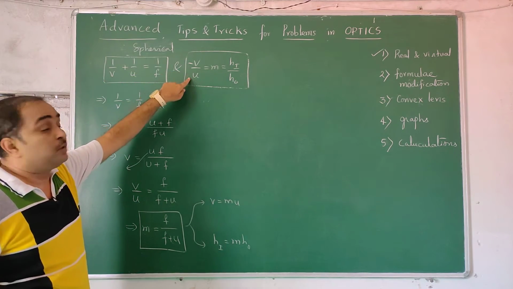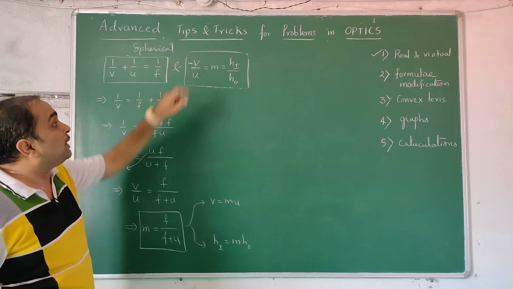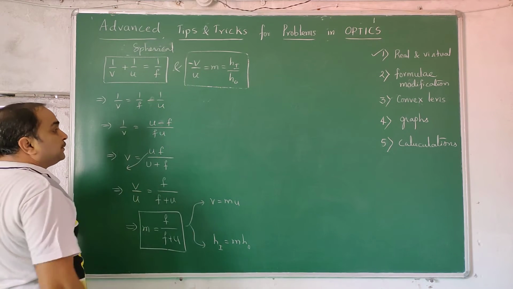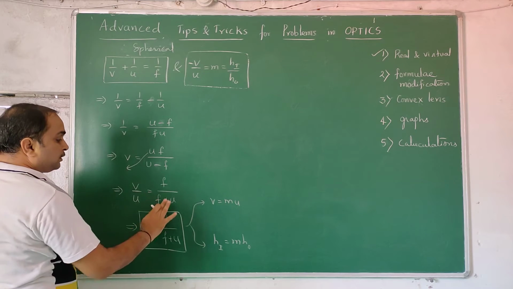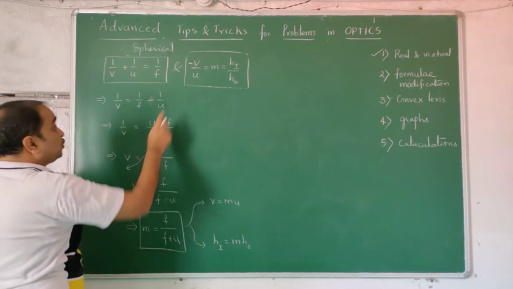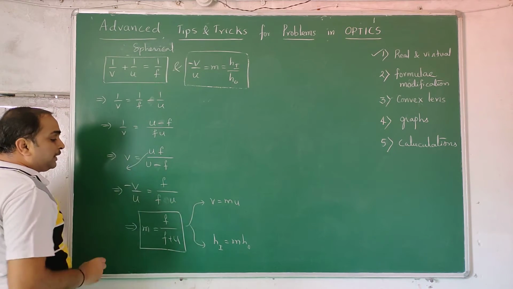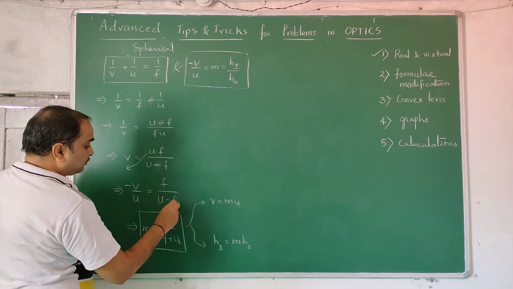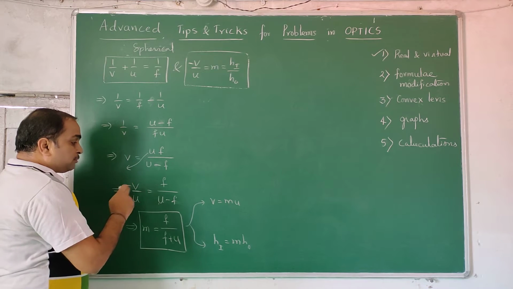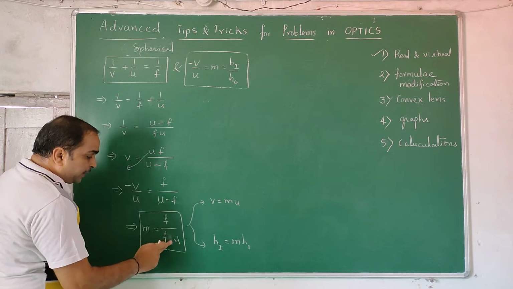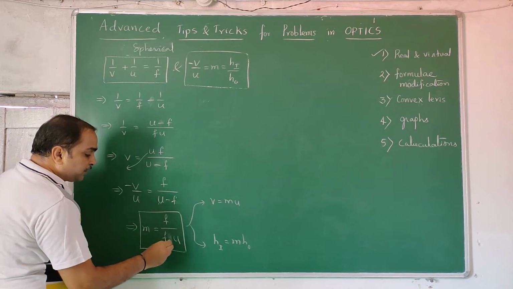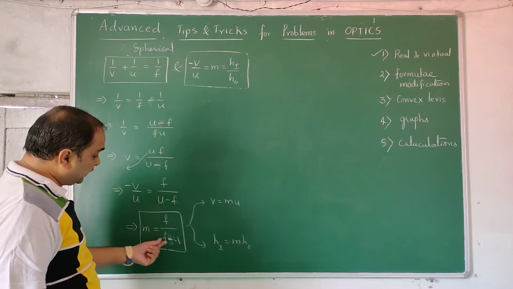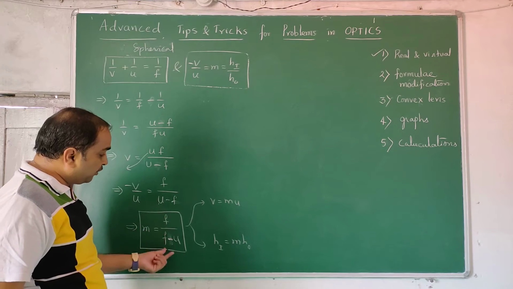Here we get v by u, and in that formula for lenses, we get minus. So if you have plus, this goes to that side and becomes minus, this becomes minus. So v by u, you put minus here and minus here. So u minus f. When you take this minus to the other side into the denominator, you get f, and u minus f becomes f minus u. So it is the same formula you have to remember, but only thing is that here a minus comes in between: m is equal to f by f minus u.